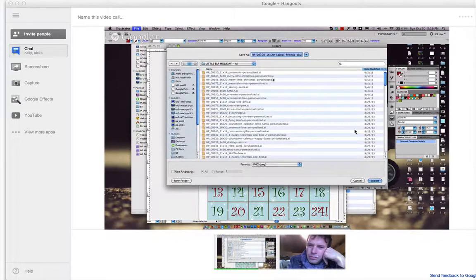So we're going to go ahead and export now. The export window comes up. By default, when you have a new Illustrator file open, it wants to select PNG as the format. We prefer JPEG, so change that to JPEG. If you hit your left arrow, it will deselect the Save As title field. You put it to the far left, simply paste the string of data that we got from Excel, add an underscore,